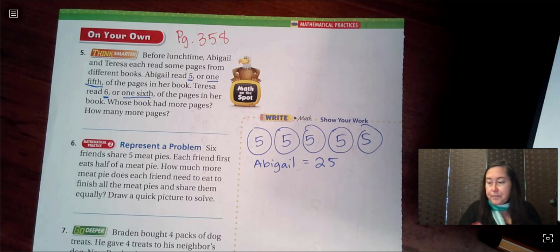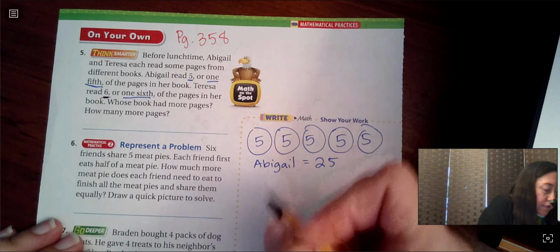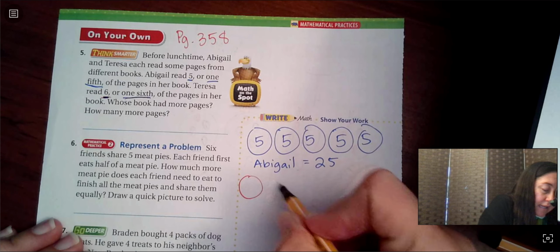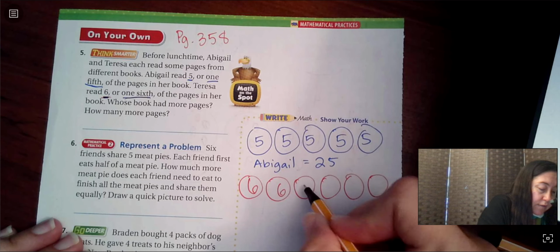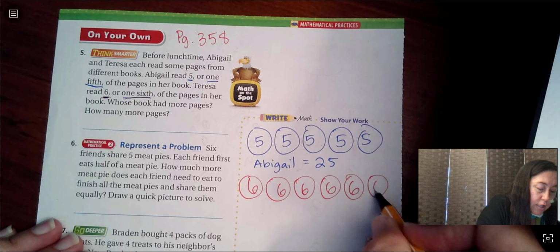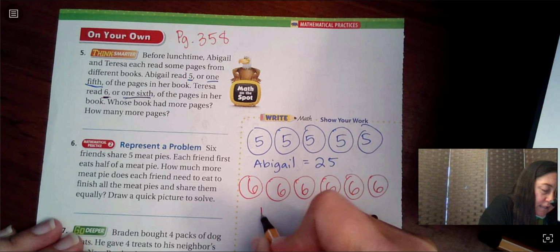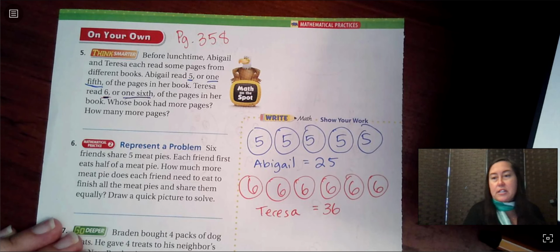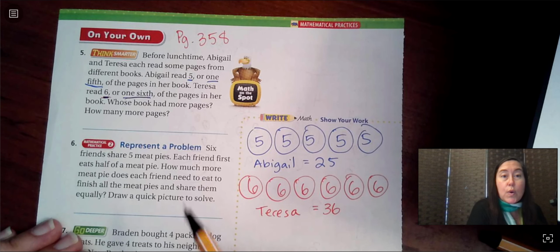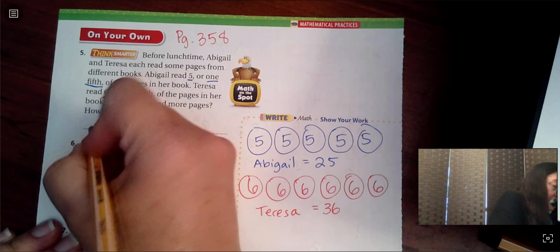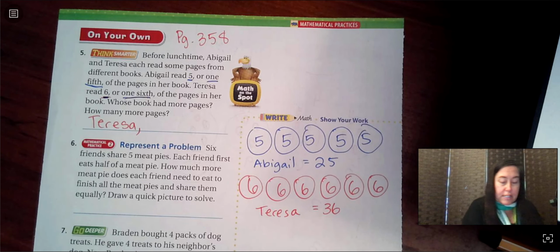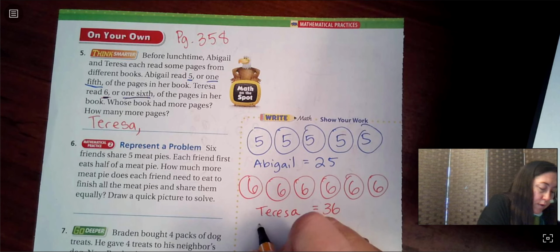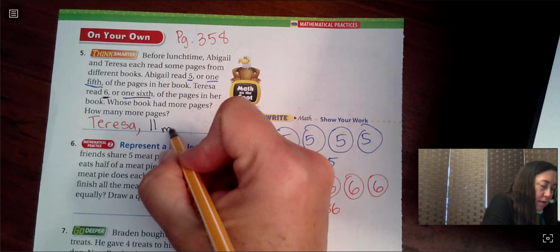Now let's say the 6 here for Teresa, she had 6 groups, and each group had 6 pages. 6, 12, 18, 24, 30, 36. So Teresa had 36 pages in her book. Yes? Now it says, whose book had more pages? So Teresa had more pages, and I need to do 36 minus 25. 11. 11 more